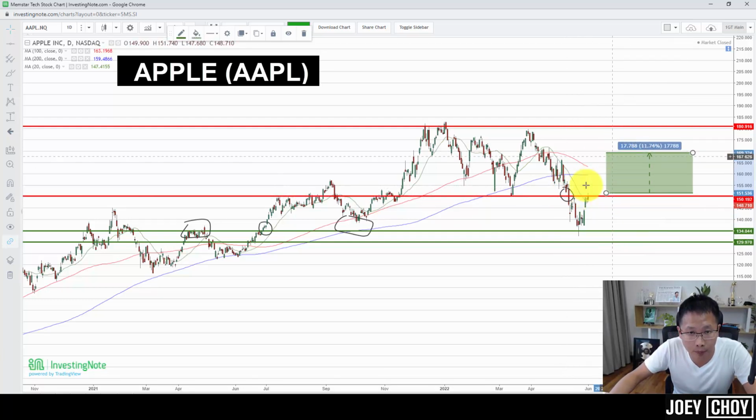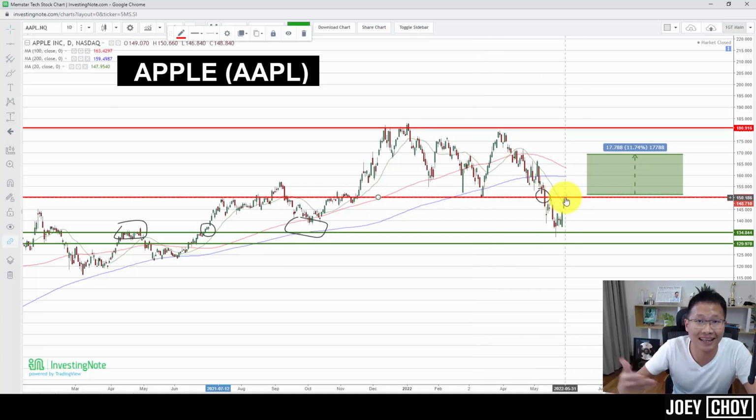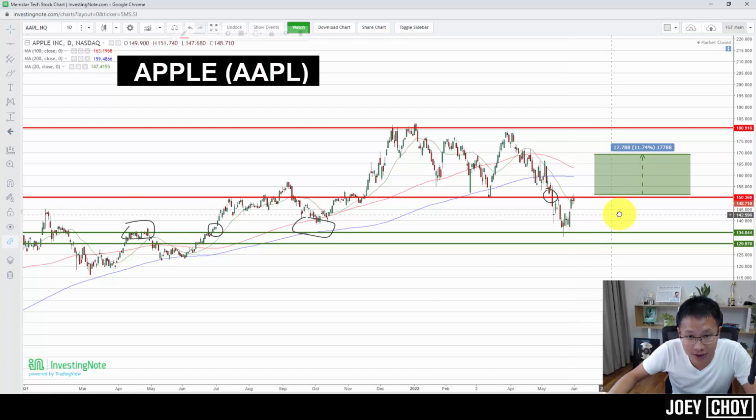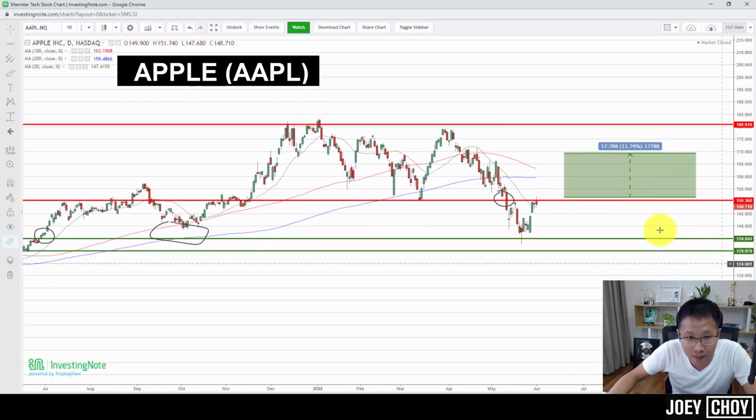It did not happen. We broke it, it came back down, and you can see that right now this 150 support has turned into what we call a resistance level. That means the 150 has been broken, and the support has now become the resistance. Over the past 3 days, you can see that we neared this level, and there are some